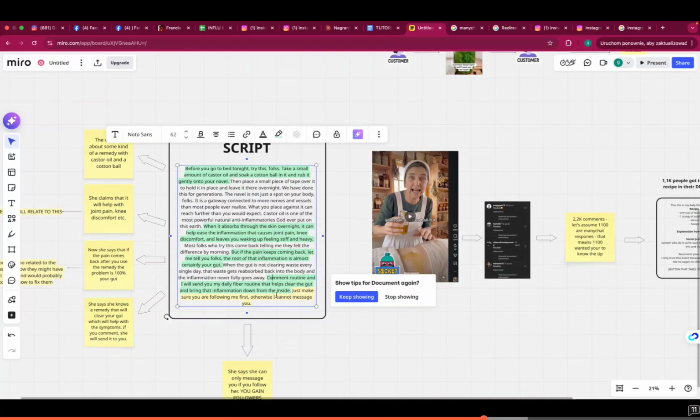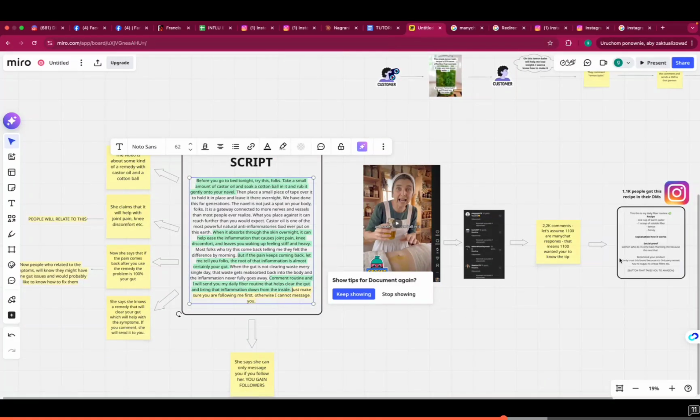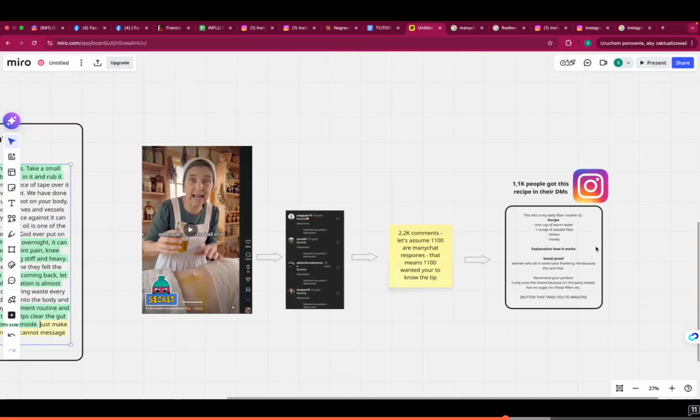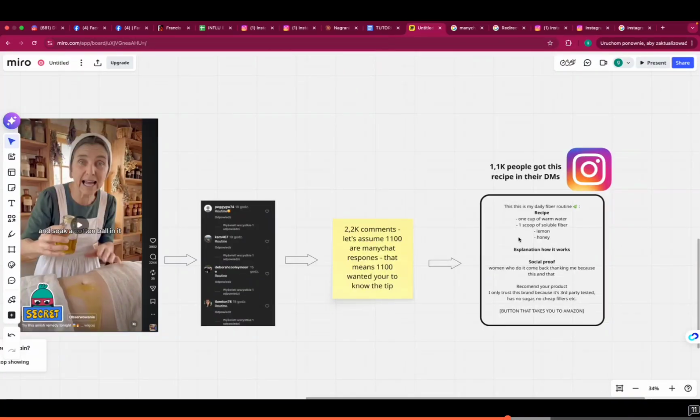You can just use it in another way. So if you already did a product plug in the script, you can, for example, say after you plug the product, I have a special newsletter for women who want to improve their health. If you would like to join, comment newsletter, and I will send you an invite in your DMs, okay? And you will probably get a lot of comments that say newsletter from women who want to join. So then the message probably should not be a recipe. Then your trigger word on ManyChat is going to be newsletter, and the message would be, for example, in this week's newsletter,